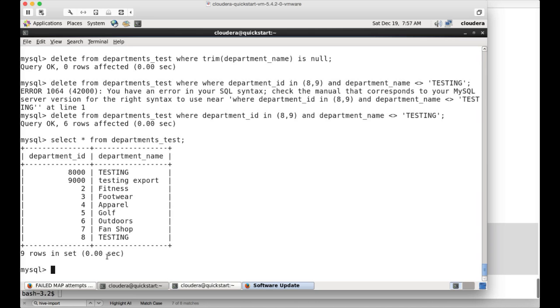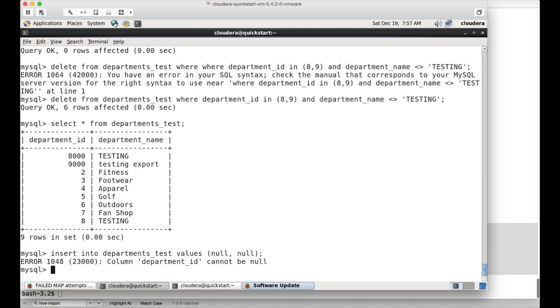For example, in MySQL we have this departments_test table. I am running this query, insert into departments_test values null comma null, and hit enter. Okay, there is a not null constraint on this table. So